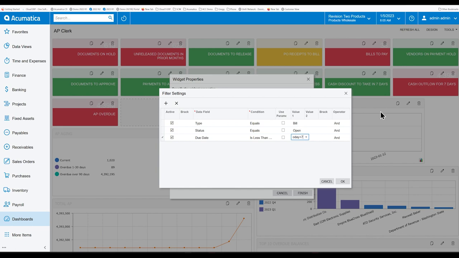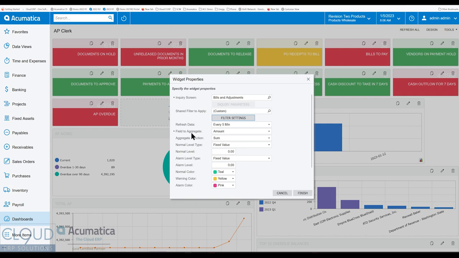Now, of course, this is a sales demo, and there's a lot of unpaid bills. So what we're going to get is everything that's due from the 12th all the way through the past. So we may get a lot here. If you wanted to shorten this, for example, we could put an or condition here and say, yeah, but if it was due as of December 1 of last month, then that's okay too. We're all right with that. We don't want to go back to history. But essentially, if we click OK here,